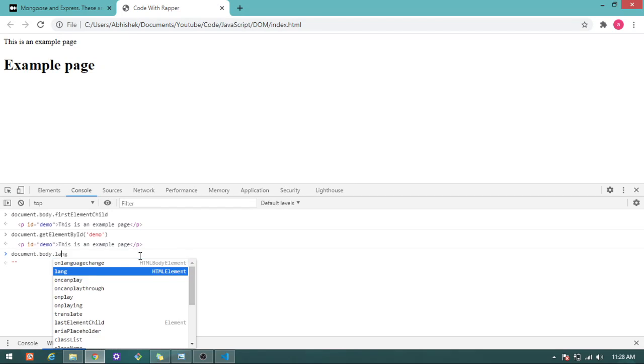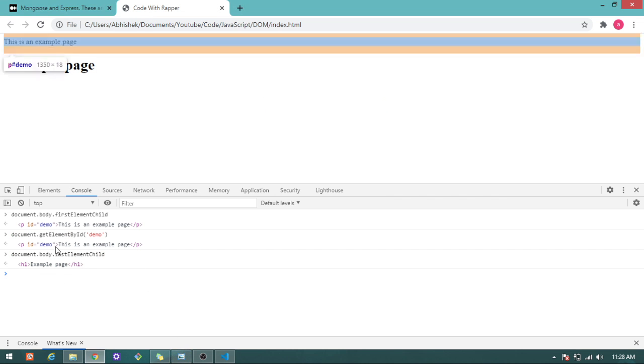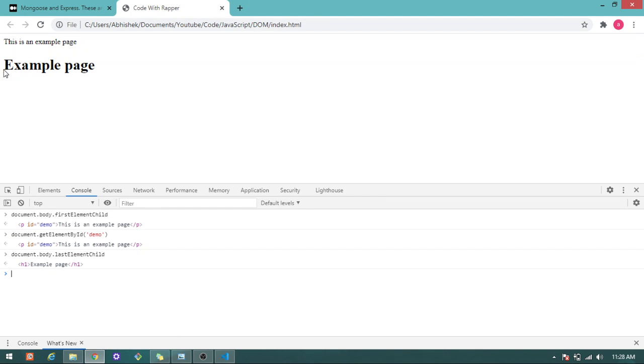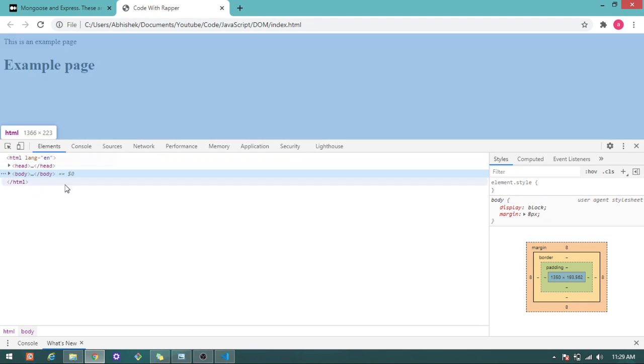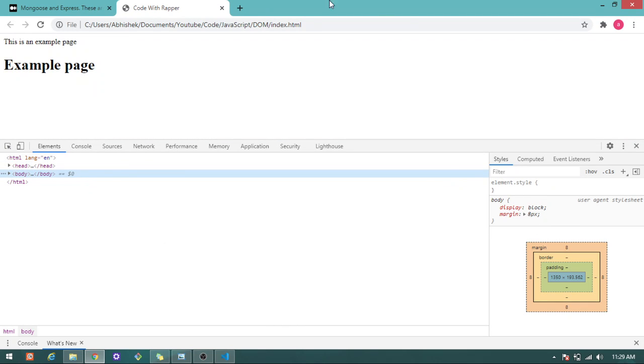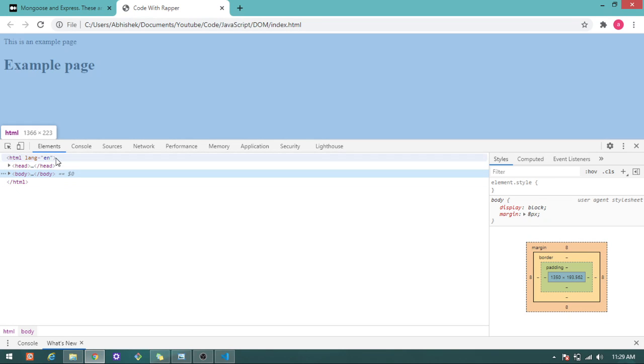This is how JavaScript accesses the elements in the HTML, because JavaScript cannot understand markup languages. That's why when the web page is loaded, the browser provides this document object model to JavaScript, saying, take this document object model, and now you are able to access these elements and do whatever you want.